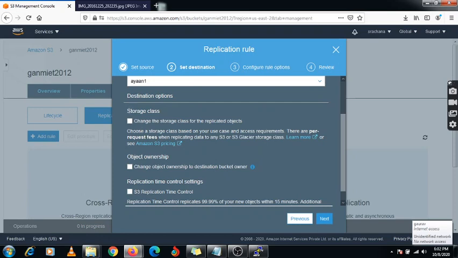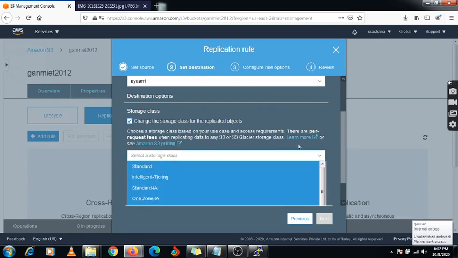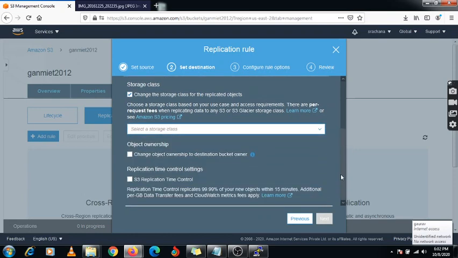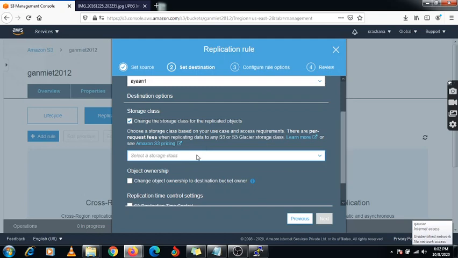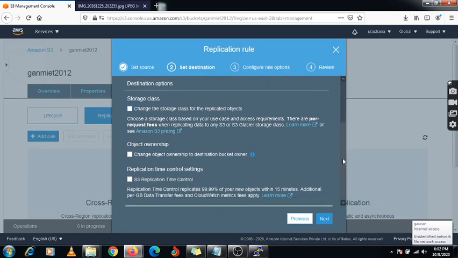There are some storage classes. If you want to store your data under a different class, you can select this option. Here you will see all these S3 options where you want to store your data. Now I am not selecting this option, it will be detected by default.